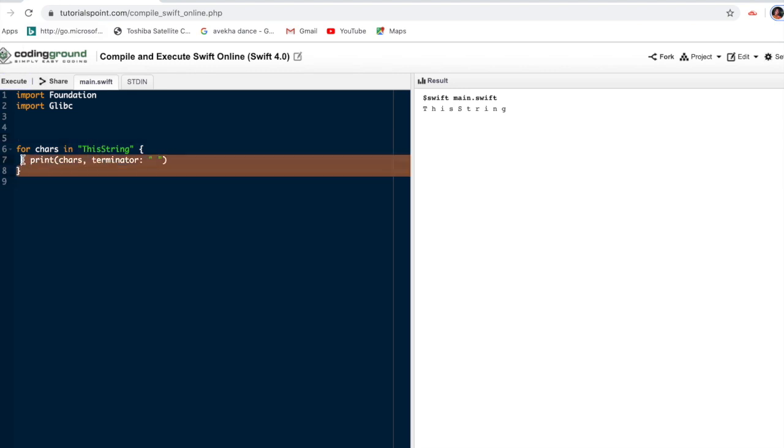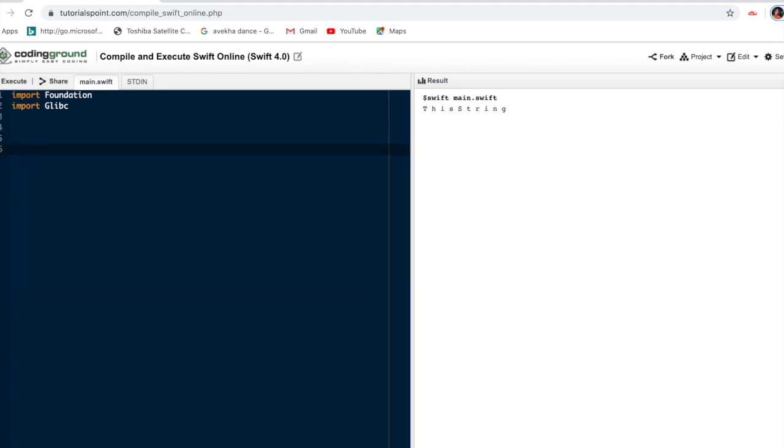Suppose I declare one variable, my string, equal to welcome, and I need to iterate my string. For value in my string, print that value.